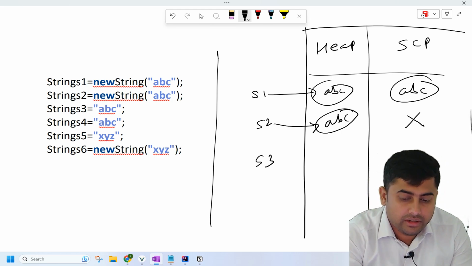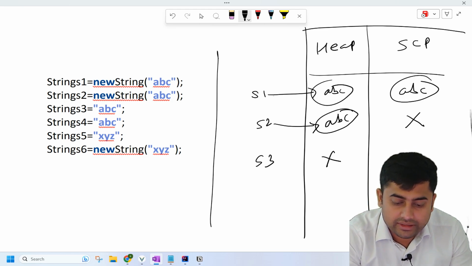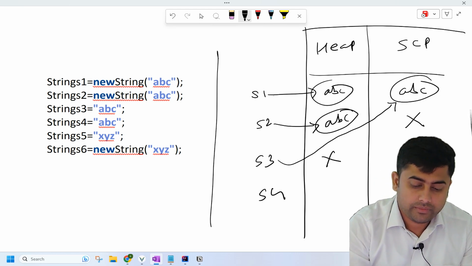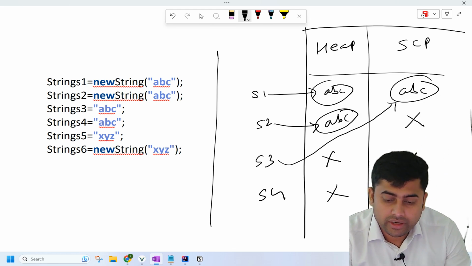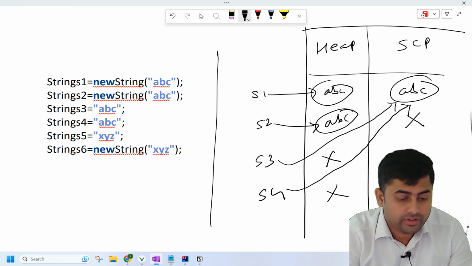S3 object will not be created here, and will not be created here also. And this S3 will point to the already existing object there in the SCP. Again S4 object will not be created inside the heap. Here also it will not be created because ABC is already there. So this S4 is also going to point to the ABC. S5